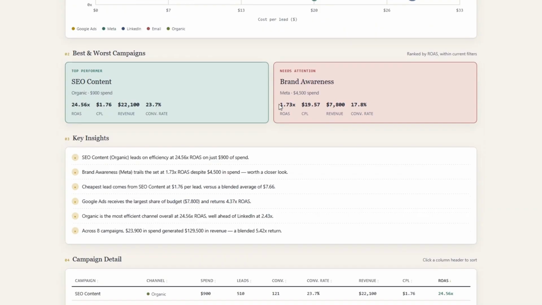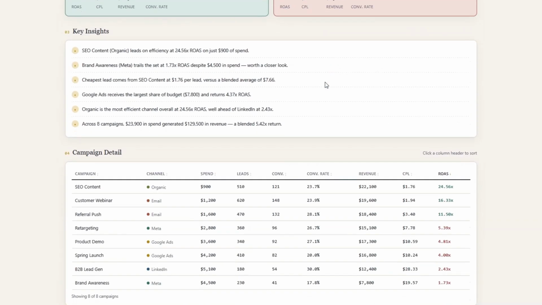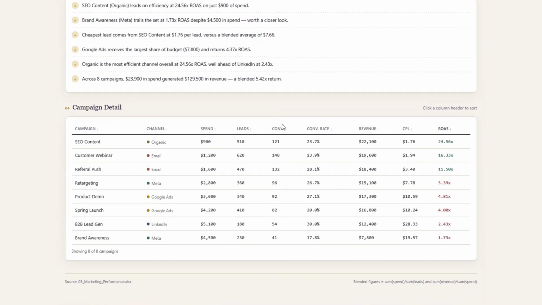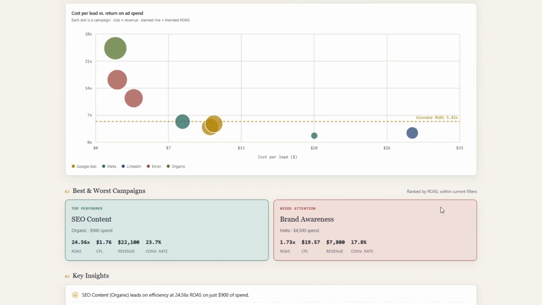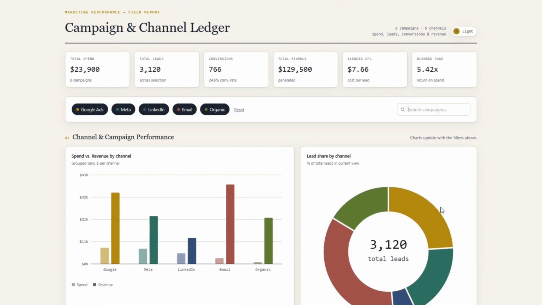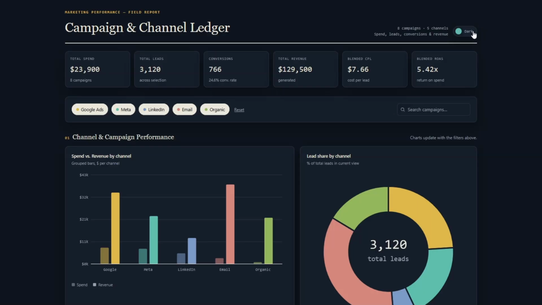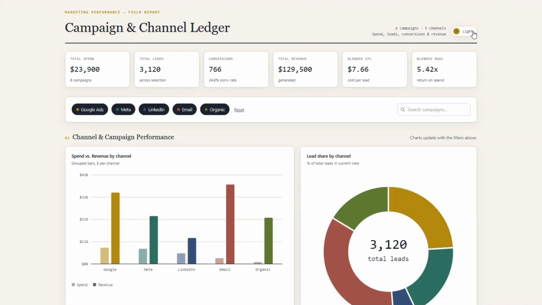This is incredible. The other one is best and worst campaigns. You can see the top performing campaign and the worst one, the one that needs a lot of attention. And you can see the key insights and the campaign details right here. So you can see the name of the campaign, the channel, spend, leads, the conversion rate, revenue, cost per lead, and return on ad spend. This is incredible. So we successfully generated this very beautiful looking and interactive dashboard that we can toggle to either dark or light